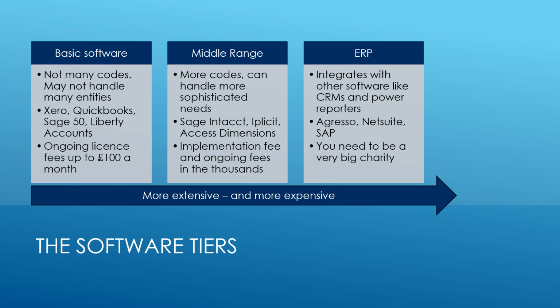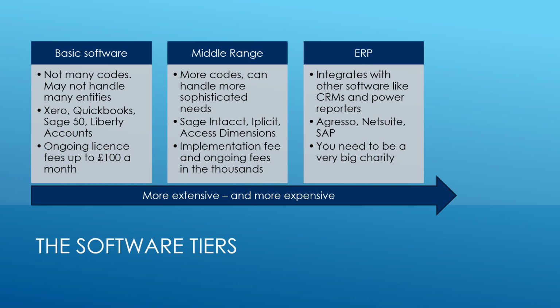Next level up though, there is a bit of a leap to the mid-range ones. These are the ones where there are more codes, where you can handle a lot more of that splitting out into different categories. You can keep all your restricted funds separate. You can have your internal departments reported separately. You can have all the bits and bobs integrations that you need. These kind of things are called Sage and Tax, implicit access dimensions, as long as you're not doing foreign